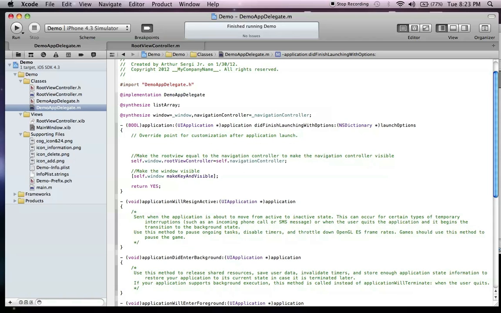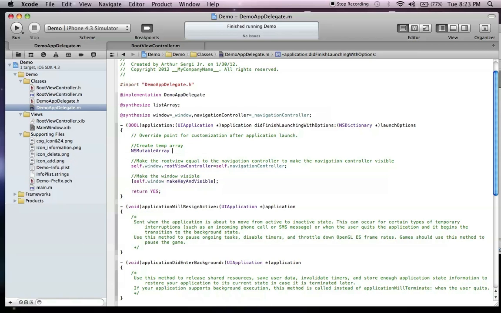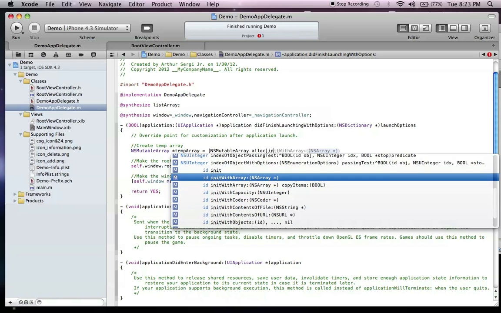We need the temporary array. Create temp array. And the question is why? Why would you do this? Remember I said that you can declare an array but not fill it at the same time? Well, this is the same thing. We declared it, now we have to fill it. But in order to fill it, we have to create the array, or the temporary array that we need,